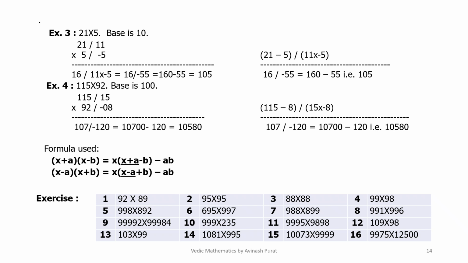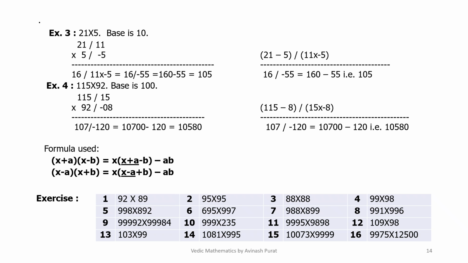The exercise is, first example, 92 multiplied by 89, second is 95 multiplied by 95, third 88 into 88, fourth 99 into 98, fifth is 998 into 892, sixth is 695 into 997, seventh 988 into 899, eighth 991 into 996, ninth 99992 multiplied by 99984, 10th is 999 into 235, 11th is